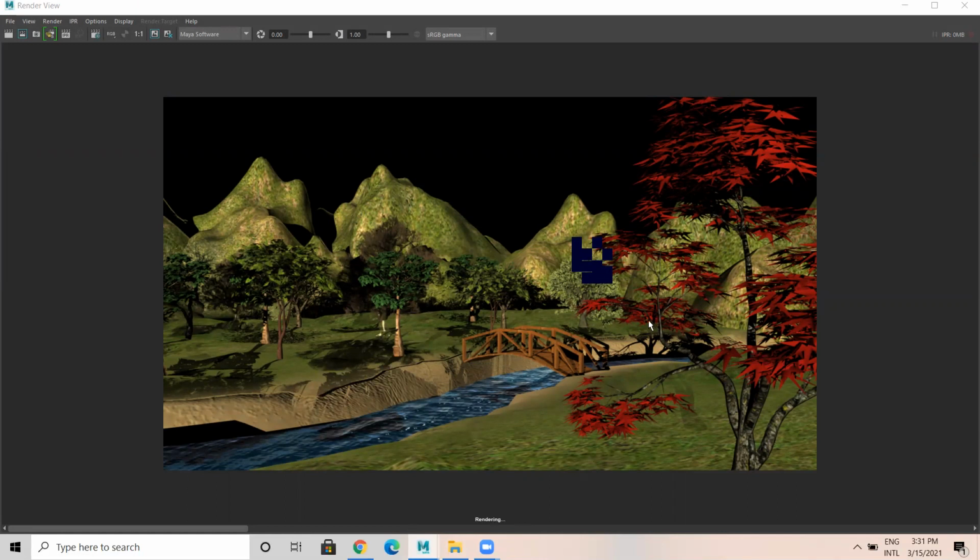The same scene, if I give it to you, might take 45 minutes or 1 hour. So try to avoid ray tracing rendering. In that case, use depth map shadows. It will deliver faster output. That's still rendering.